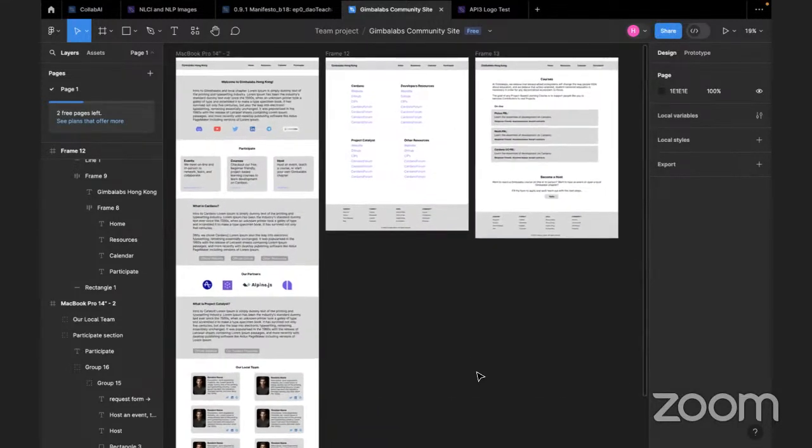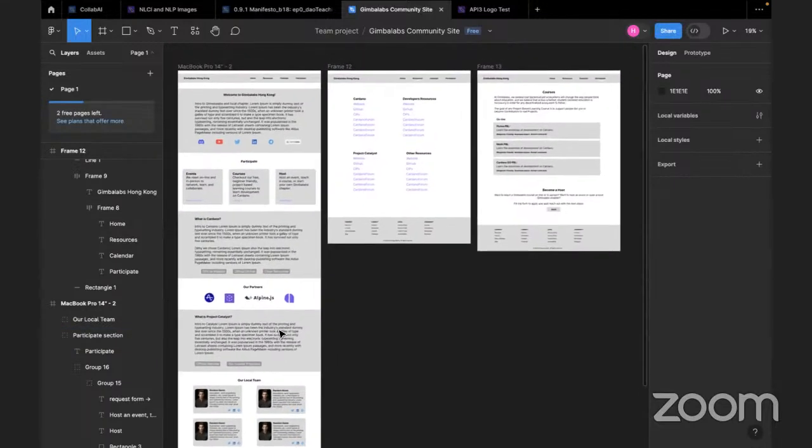No, I think it is for the local folk, but I understand that events and maybe hosts are the only two things they would not be able to see on the main Gimbalabs site. But otherwise, all of the rest of it is pretty much what the main Gimbalabs site offers, I think.